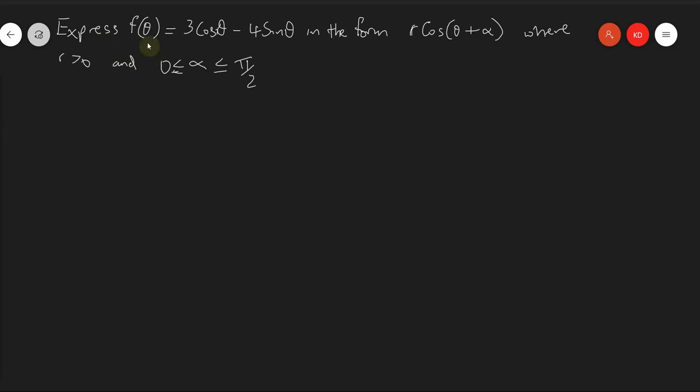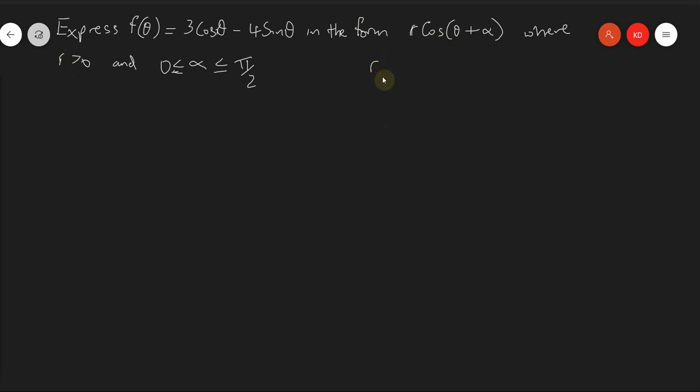Okay, so let's just begin. Now the problem says to express f of theta, which is equal to 3 cos theta minus 4 sin theta, in the form r cos(theta plus alpha), where r is greater than 0 and alpha is between 0 and pi by 2. Right, so let's just begin here. Since it says we're supposed to express it in this form,